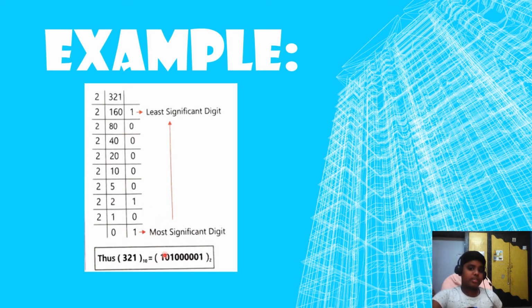So if you write it in binary, this one will come here, it is the most significant number, and the top one will come to the last, and that is the least significant number. You can even convert 10 directly, like you have it here, see, you have the answer here only, right? So you can convert each and every decimal number into its binary equivalent, but you should just know maths.